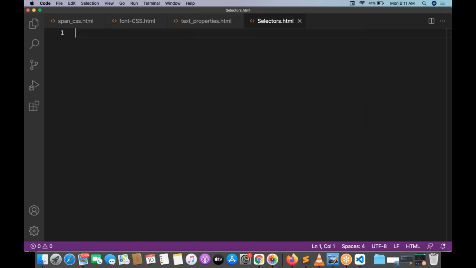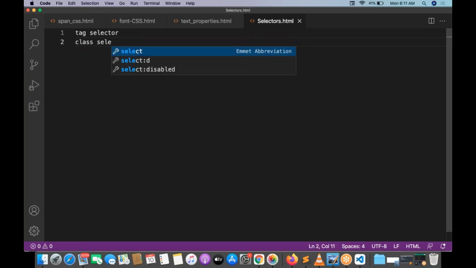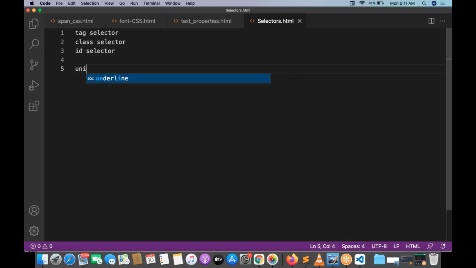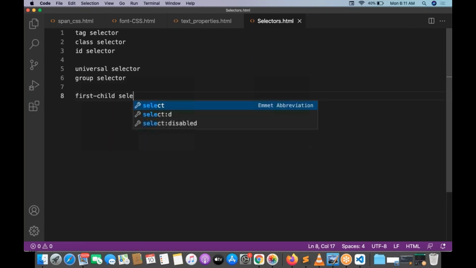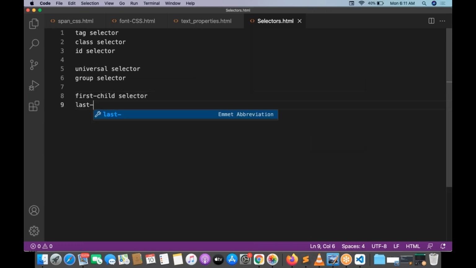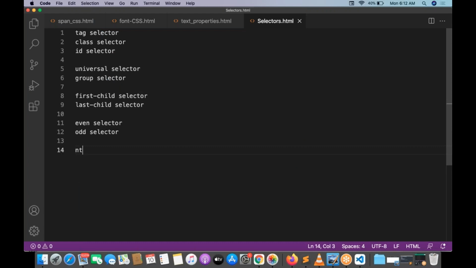Selectors.html. There are multiple kinds of selectors. One is a tag selector, one is a class selector, one is an ID selector, one is a universal selector, one is a group selector, one is a first child selector, one is a last child selector, one is an even selector, one is an odd selector, one is an nth child selector,